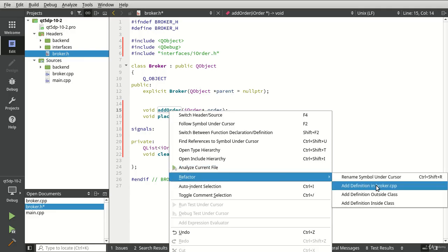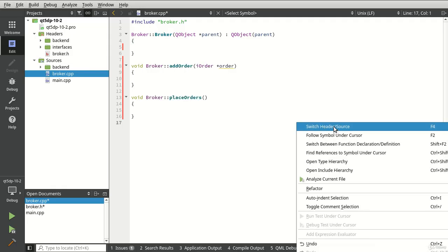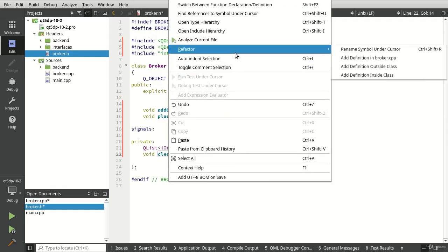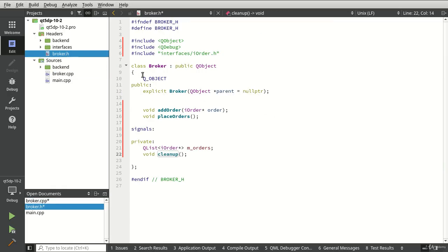So let's go ahead and implement these. It's very tempting at this point to, well, you guessed it, over-engineer this thing. One thing you need to really slow down and think about is we are working with memory. Every time you see that little star, boom, we need to deal with the memory in some fashion. That's why the cleanup function exists. Let's keep this as simple as possible. Let's not use automatic pointers or anything like that. Let's go broker